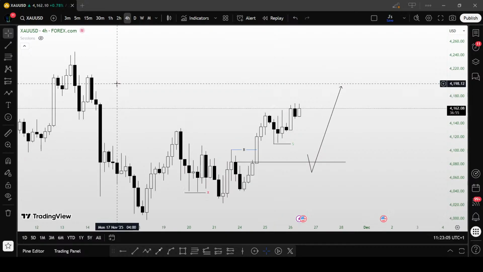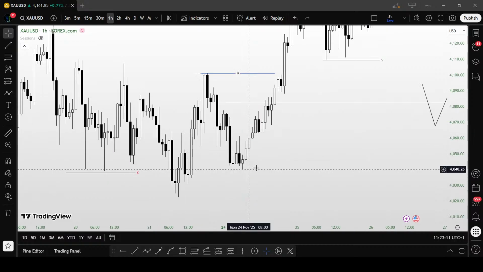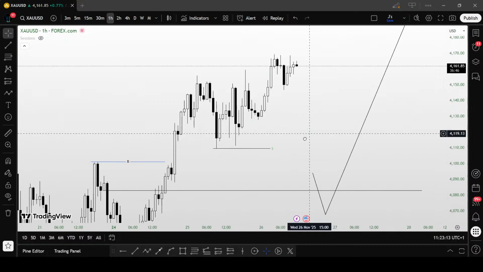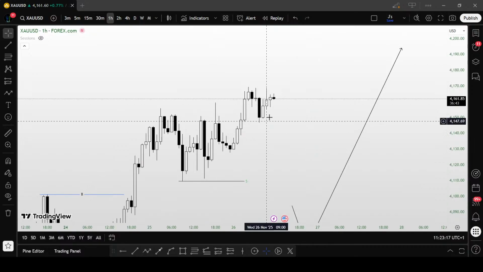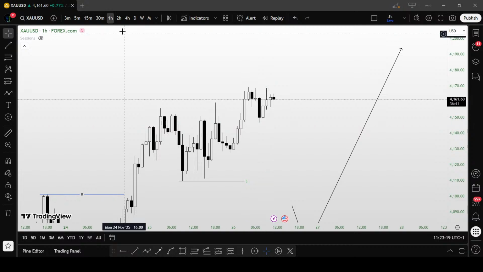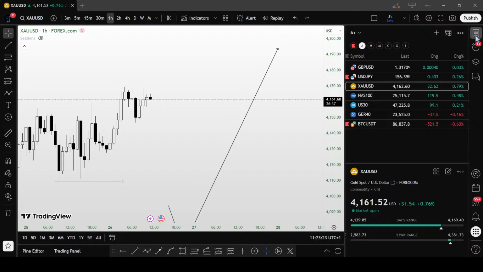1 hour time frame, what do we have? Well, not much actually, but price is still pushing up. Let us see what price is going to do on the long run. Okay, not every day we're going to get a setup, but so far so good. They only have one setup. To me, that is UJ.